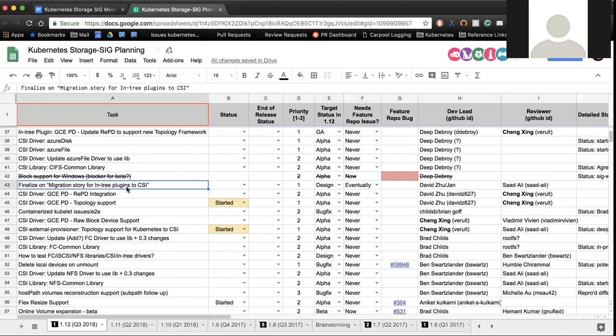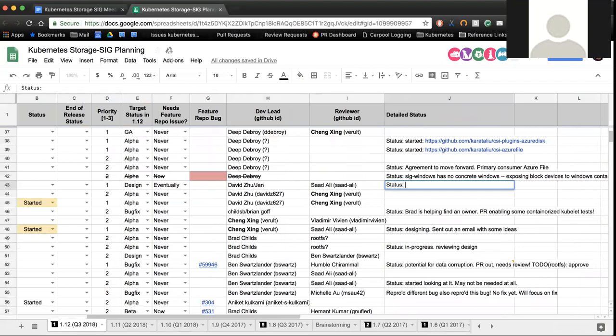Okay, so next up is finalizing the migration story for entry CSI. David, do you want to give an update on this? Looks like David's not on the call, but I had a design review with him this week to review the proposal. The current state of the proposal looks good to me. I think the only outstanding item left is how entry inline volumes are going to map to CSI, since CSI currently doesn't have inline volumes, excuse me.